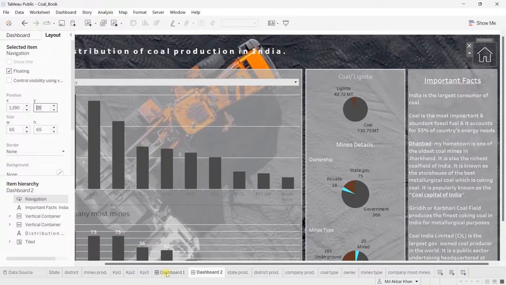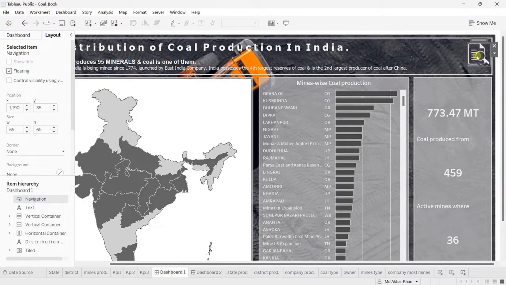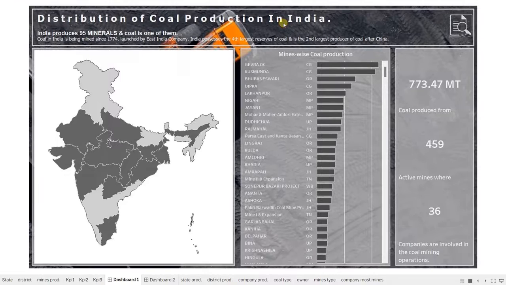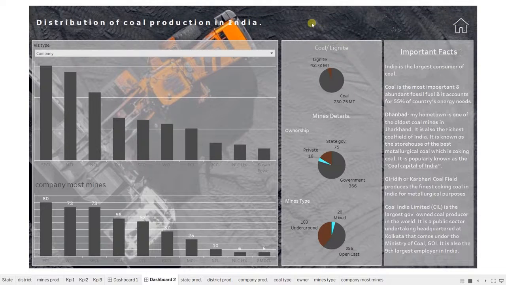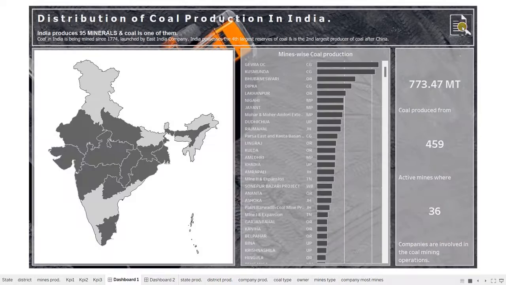And now let us go in the full screen mode and check, because in editing mode this is going to do nothing. So here in the full screen mode, we have already seen the other functionalities in this dashboard, and now we are going to check if the navigation buttons are working well or not. So okay, this took us to the next dashboard, and if we click on here, we are going to go to the first one. Okay, this is working,